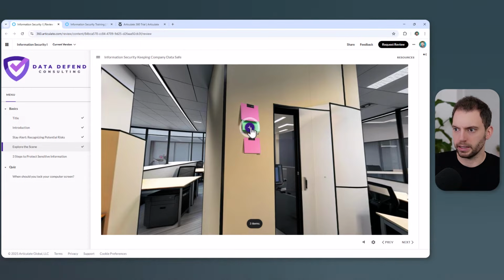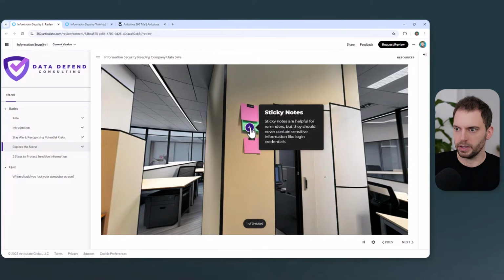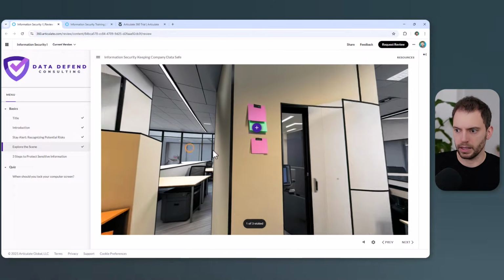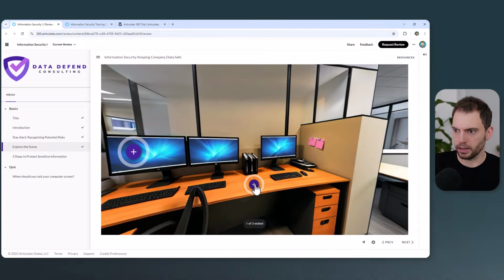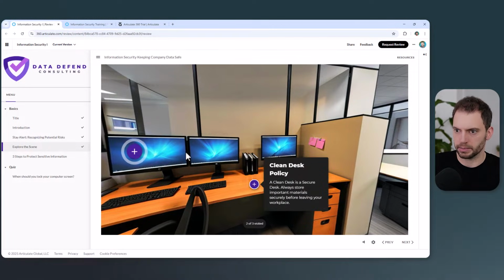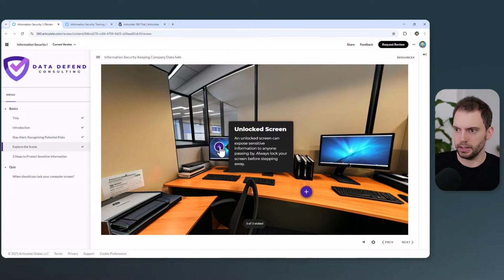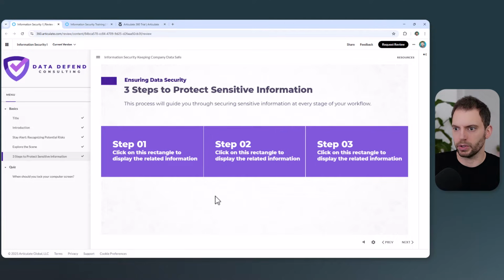And when I click on this marker, there is information revealed about sticky notes. And I can see now I have 1 of 3 visited. There's 1 more marker down here for clean desk policy, and 1 marker here about unlocked screens. Now I have 3 of 3 visited. So let's continue to the next interaction slide, which could be called a process interaction, or you could also call this click to reveal slide,